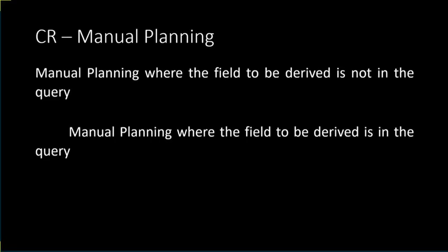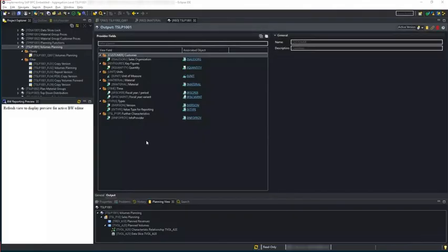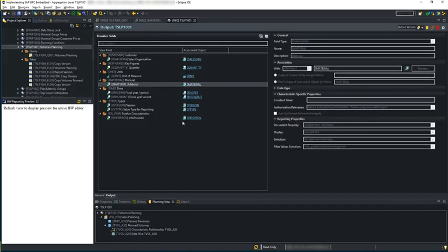Characteristic relationships are also important for manual planning. We will look at two scenarios. Manual planning where the field to be derived is in the query, and manual planning where the field to be derived is not in the query. Let's look at the scenario where the characteristic to be derived is not in the aggregation level. So in our case, we've got material, which is our source characteristic, but material group is not in the aggregation level. If we look at our volumes planning query,